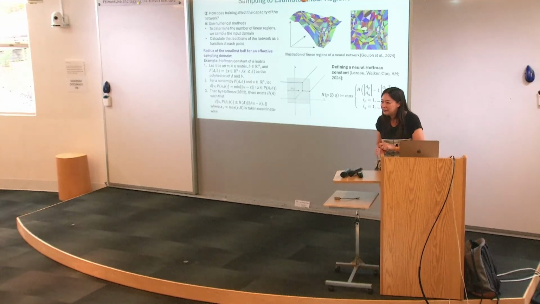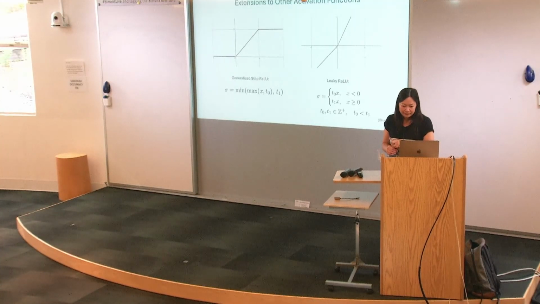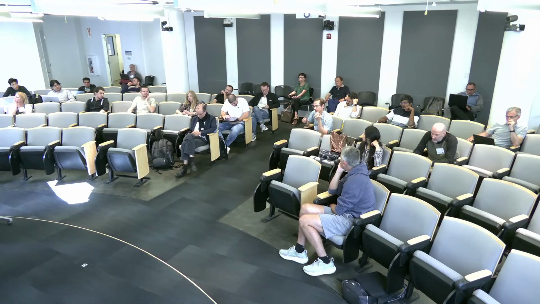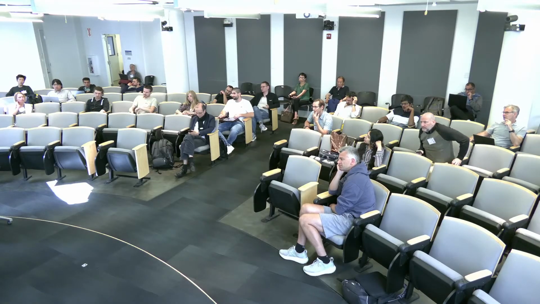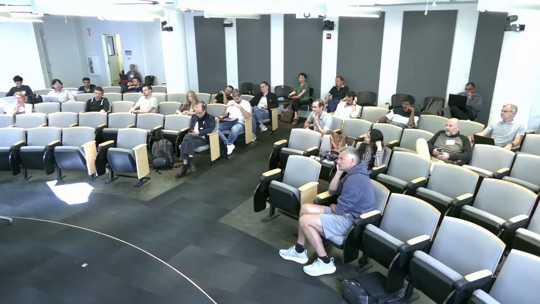Can you go one step back to this generalization to other activation functions? I'm wondering, can you also get something like a meta result, as soon as your activation function is continuous piecewise with finitely many pieces, can you generalize this somehow? I guess so. I didn't think about that, but my student Shiv did this in his master's thesis, where he looked at two different activation functions, but we didn't think about looking at a general case. But I think that would be possible.